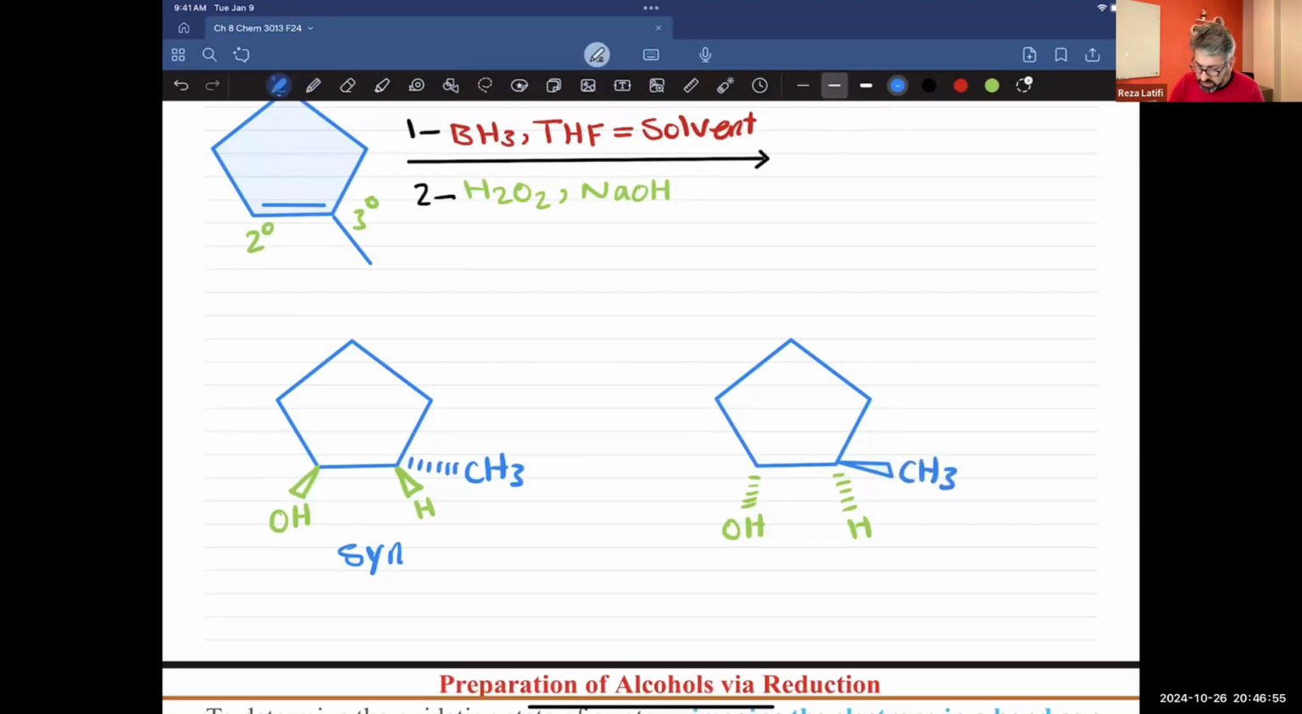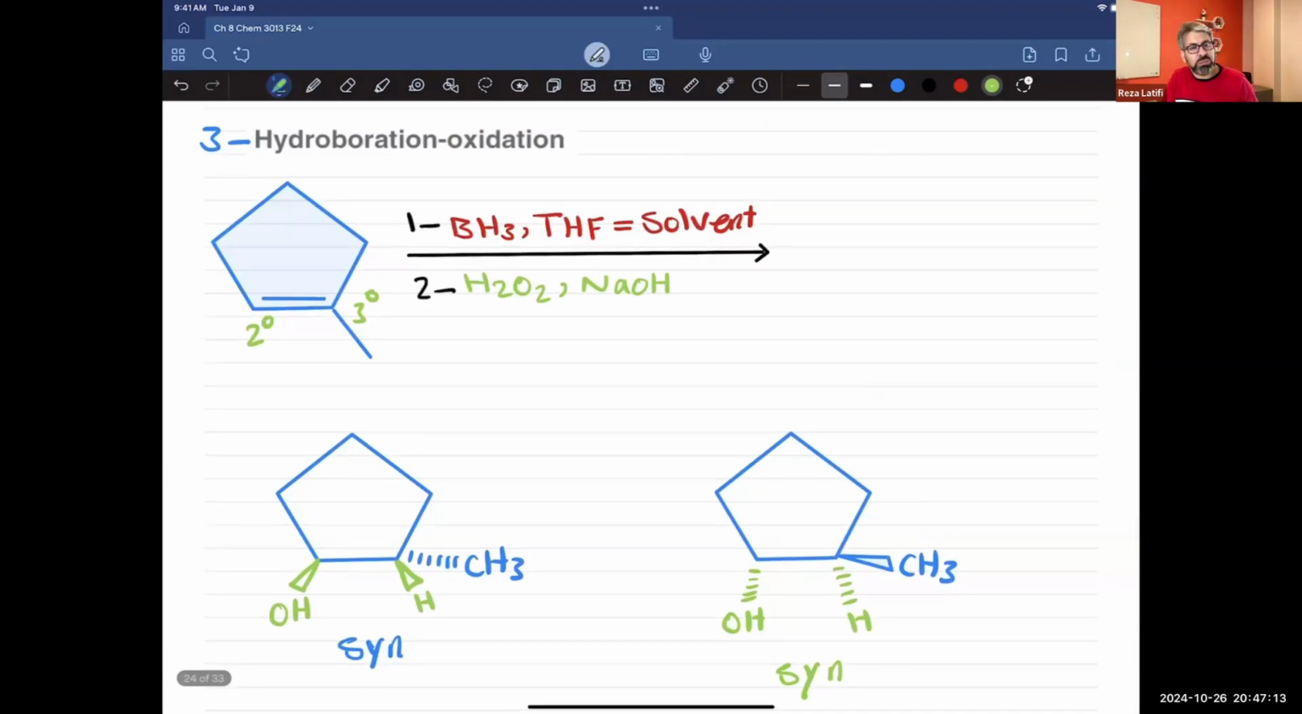Okay, and again, the addition will be syn addition. And OH and hydrogen were added to the bottom of the molecule. And because we added to the bottom of the molecule, the methyl that was inside the plane will now go up. Okay, and so I practiced 3 methods for you to get different versions of alcohols,